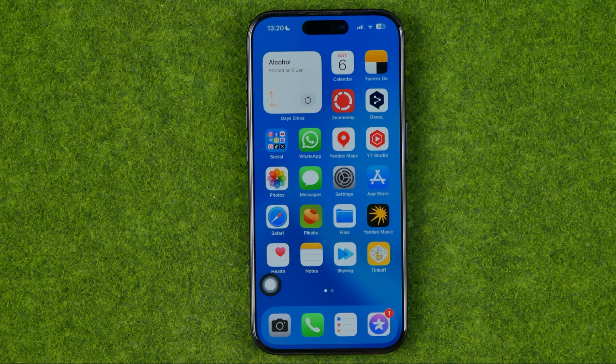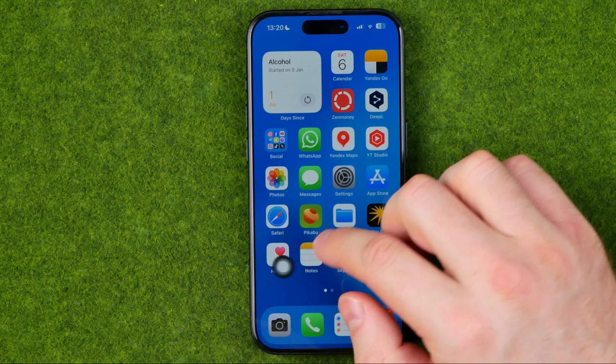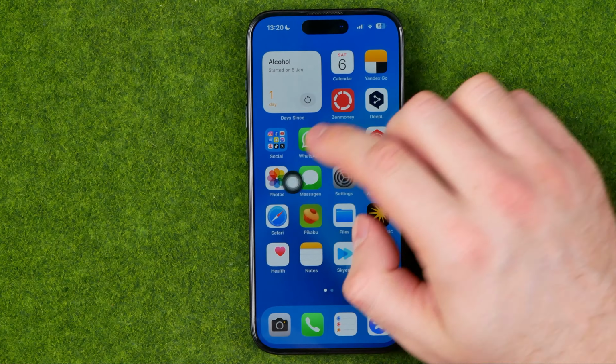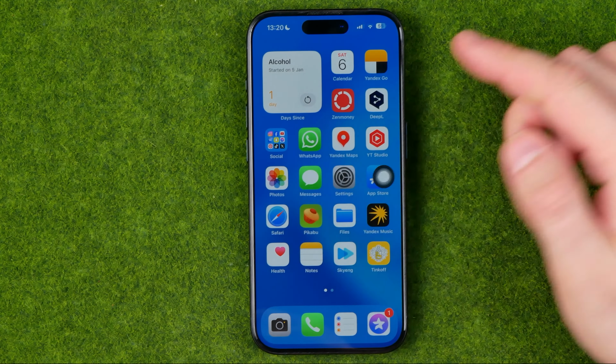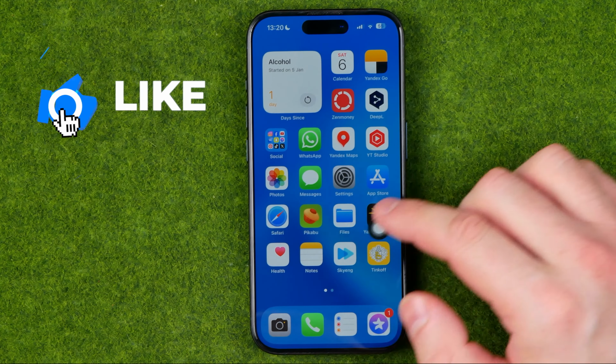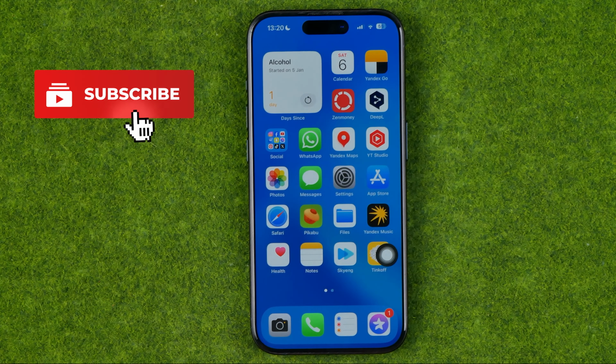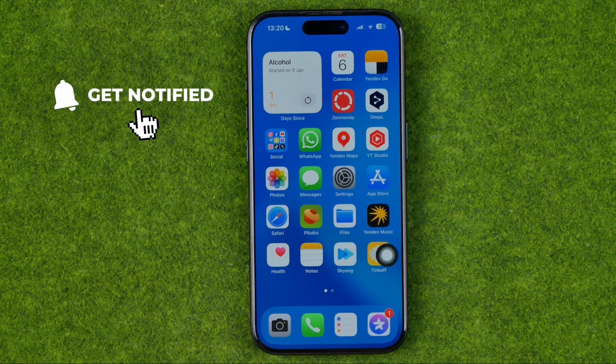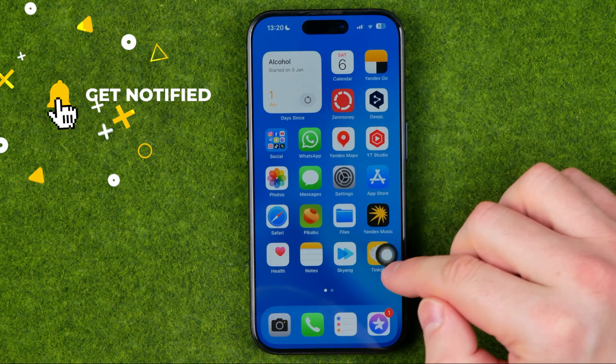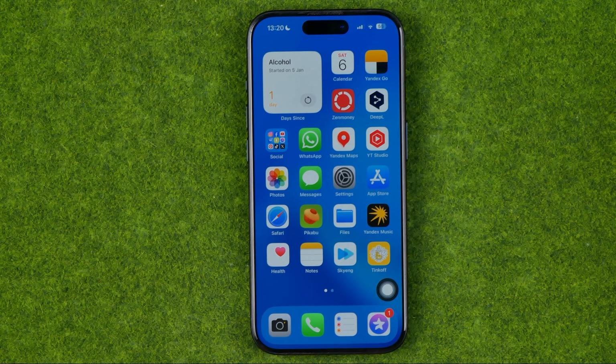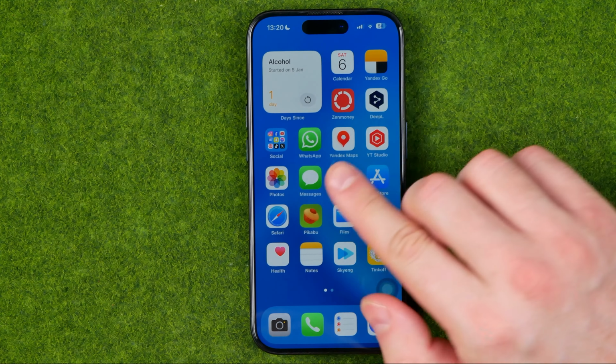In this video, I'm going to show you how you can easily remove the floating home button from your iPhone's home screen. Be sure to watch the video to the very end so you don't make any mistakes. Let's get started, guys. I'm gonna show you all the process from the beginning, and first off we need to